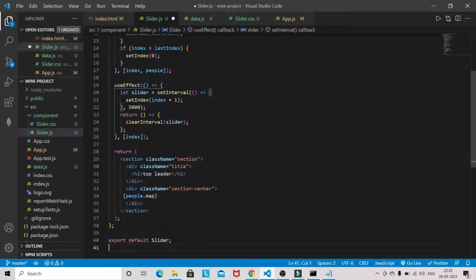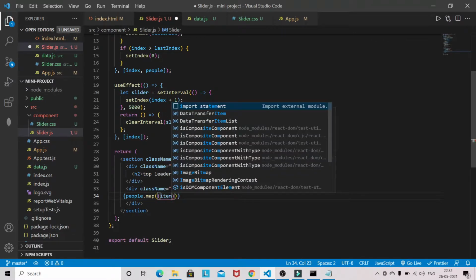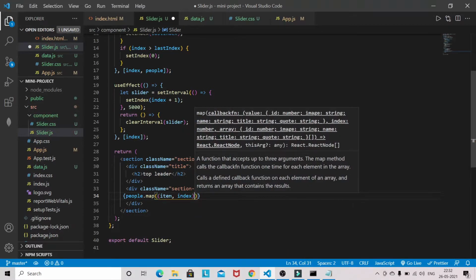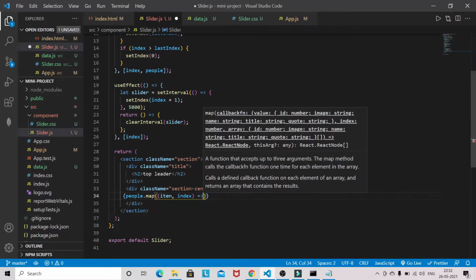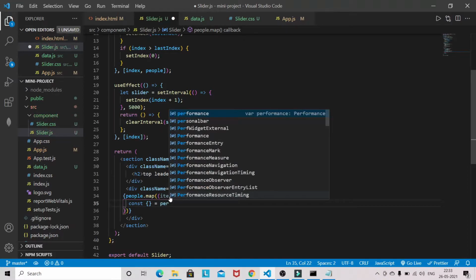That's why we are going to use the map here. The map will be item and index. Now I will destructure the person from the item.